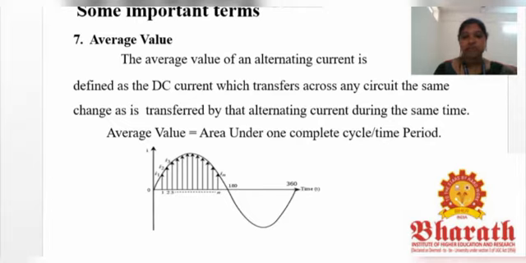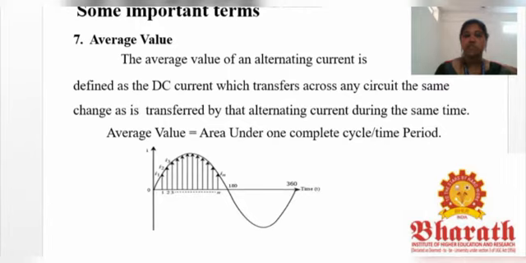So see the graph here, I have given an AC cycle. In this, I am starting with 0, reaching its maximum value, and completing its half cycle at 180 degrees. That is, 0 to 180 forms the positive half cycle. In that, I have taken the times T1, T2, T3 and the currents I1, I2, I3. These are the instantaneous values of the current. So for this, the area under one complete cycle is your current waveform.